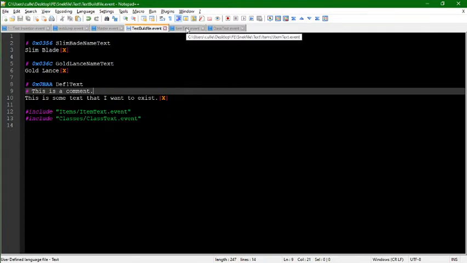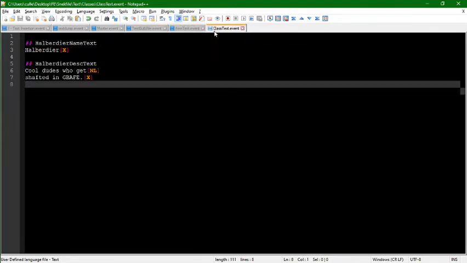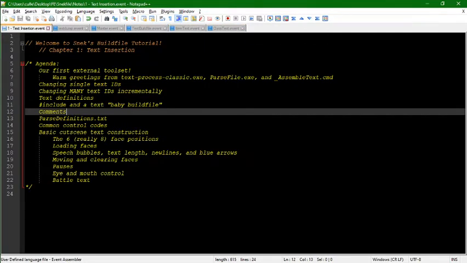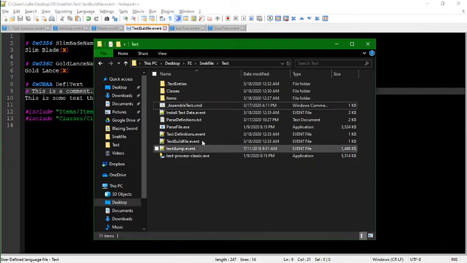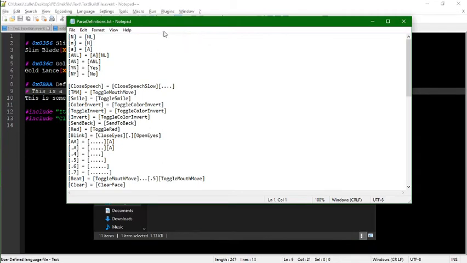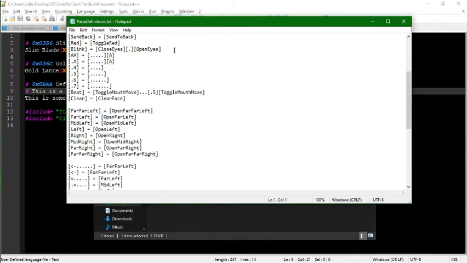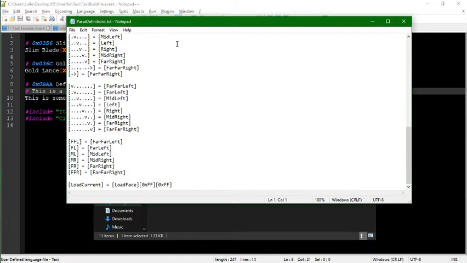So, when we're working with scene construction, and now that I think about this, these two kind of go hand in hand. Like I mentioned before, if you've ever worked in cutscenes, we have many control codes to control things. Faces, we can load faces, clear faces, move faces, toggle mouth move, make text red. All that nonsense is handled through control codes. And the one thing that we haven't really touched on in this folder is parse definitions, which is basically a set of helper definitions that text process looks at,